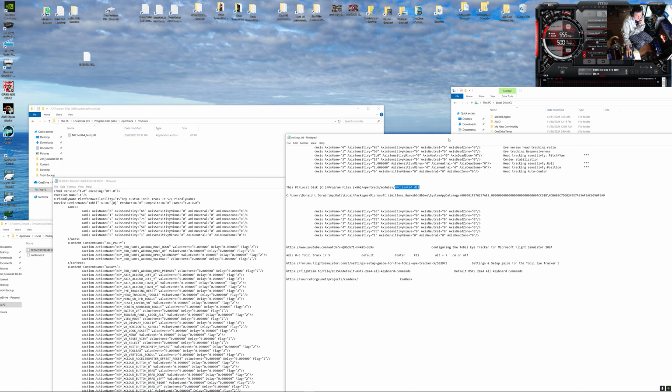And so, the eye versus head tracking ratio. Now this one, I have my settings in my machine. This is the default one, so I have it a little bit more sensitive for the eye tracking versus the head tracking, because the thing I like about that is